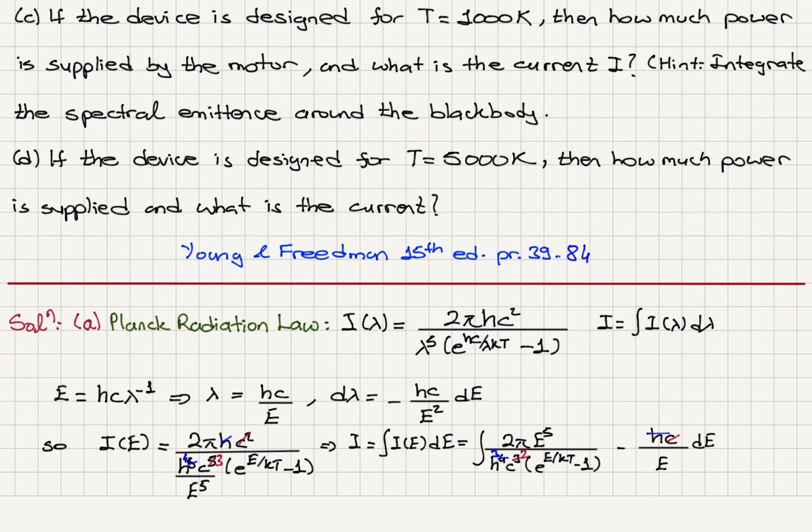So finally, we obtain for the spectral emittance I is equal to minus 2 pi divided by h cubed c squared, integral